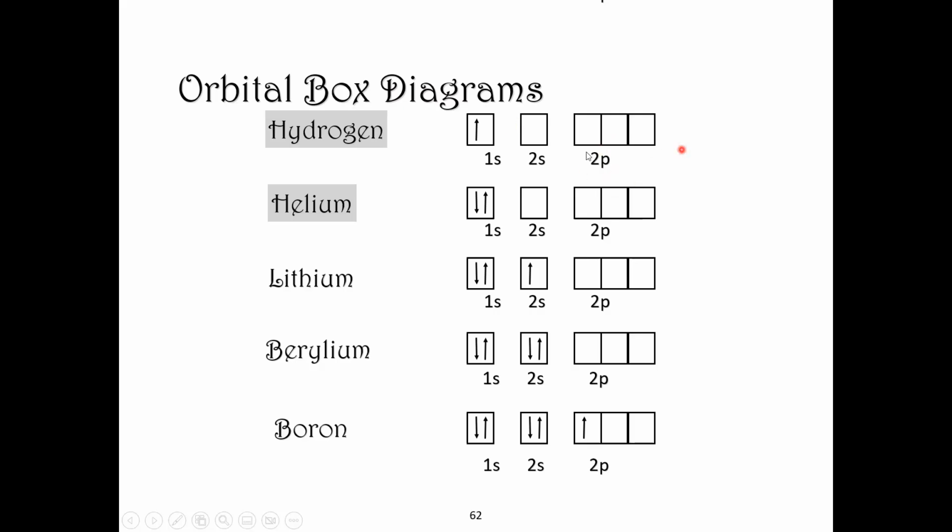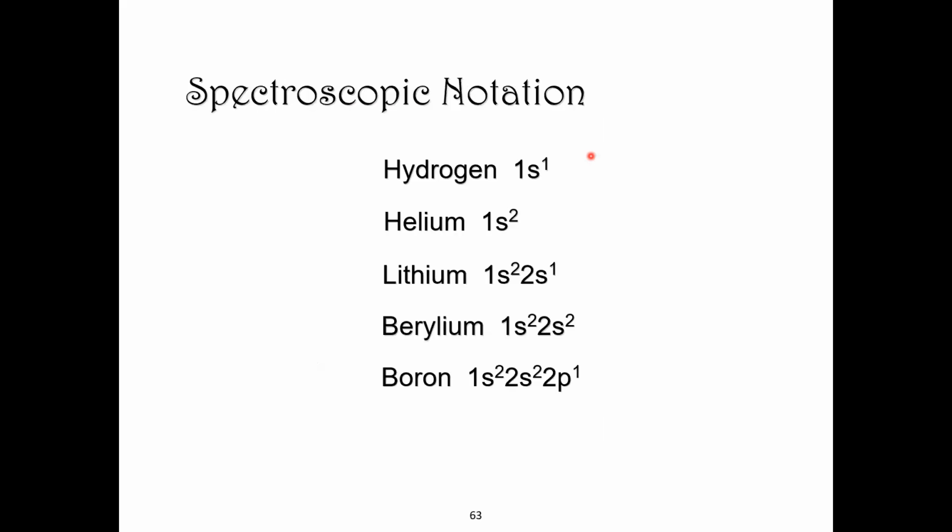In addition to showing this electron configuration, which is really just how those electrons are set up in the atom and how they fill in those different orbitals, we can show it with these orbital box diagrams, or we can do the spectroscopic notation, which is actually just writing it out. So with hydrogen, it's 1s1, helium 1s2, and then so on for these bottom ones. Because with this,